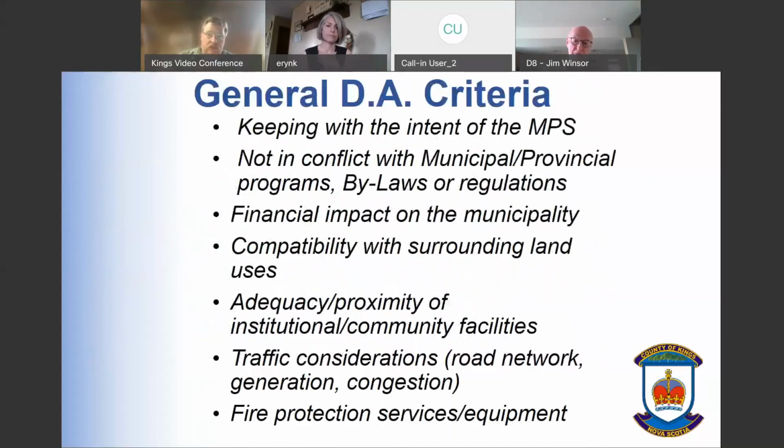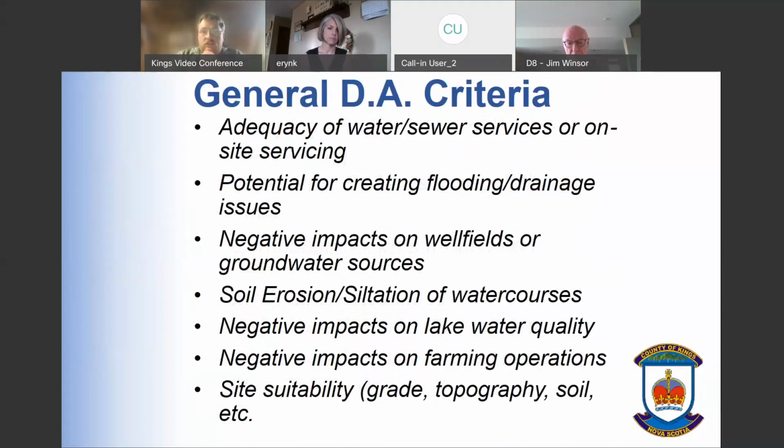Those general development criteria are as follows: that the proposal is in keeping with the intent of the MPS, that it meets the goals and objectives of the Municipal Planning Strategy, that the application is not in conflict with municipal or provincial programs, bylaws, or regulations, that there would be no undue negative financial impact on the municipality, that the proposed use is compatible with surrounding land uses, that the proposed use is within close proximity and adequate supply of institutional and community facilities, that traffic considerations such as the existing road network, traffic generation, and congestion are addressed, that fire protection services and equipment are adequate for the proposed use, that there are adequate water and sewer services or on-site sewer servicing,